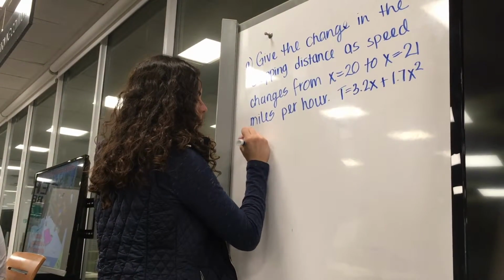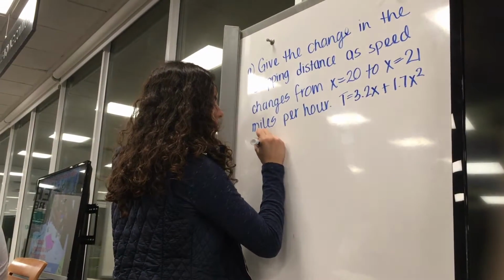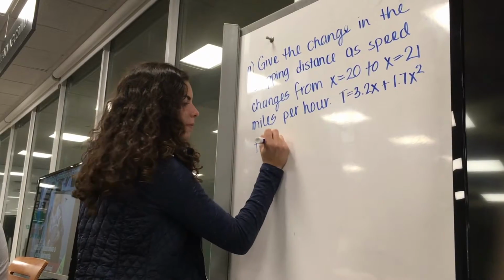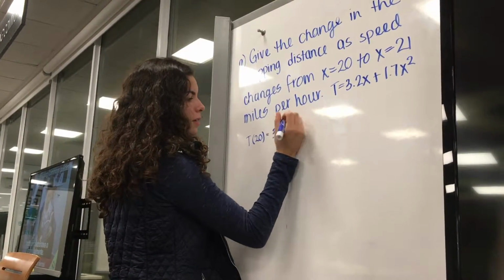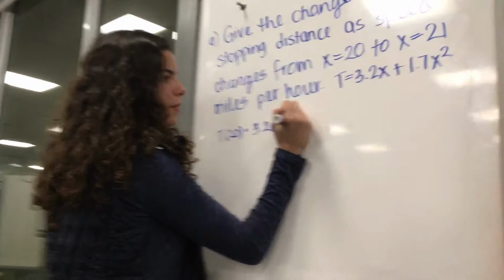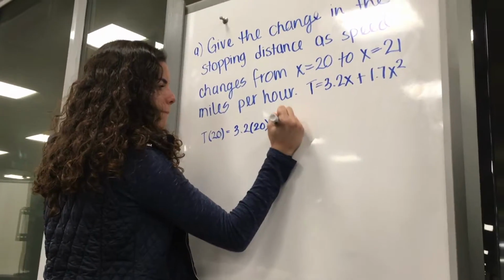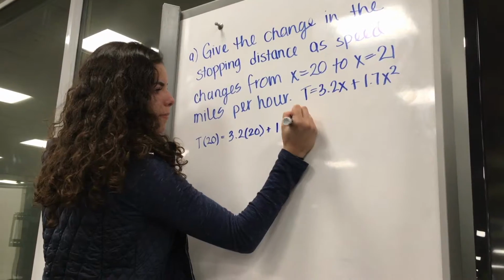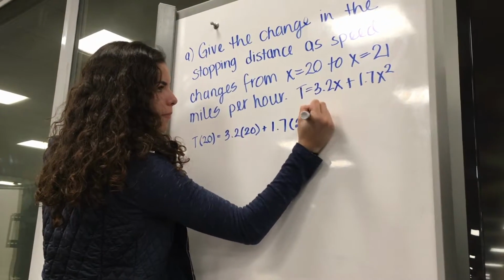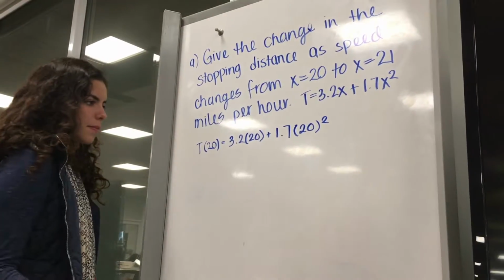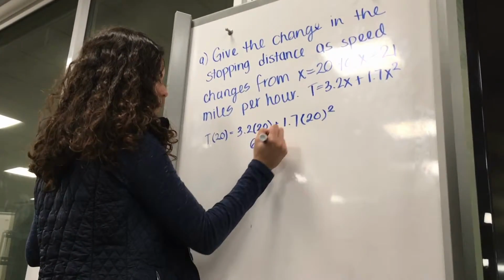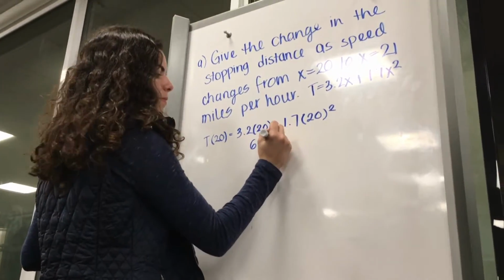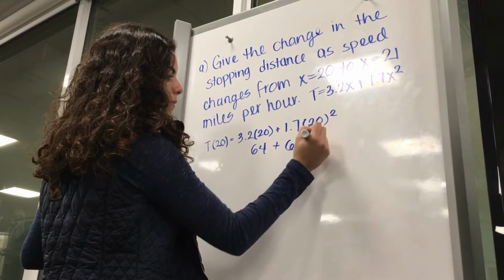Give the change in the stopping distance as speed changes from x equals 20 to 21 miles per hour. To do this, we will use the equation given to us for stopping distance. First, we plug in 20 for x to find the stopping distance when the speed is 20. So we plug in the information and we get